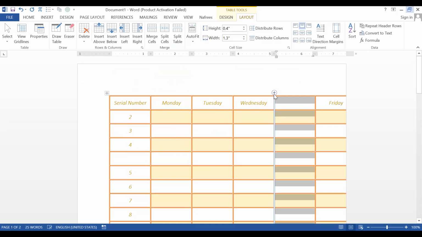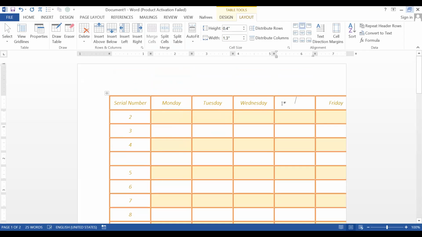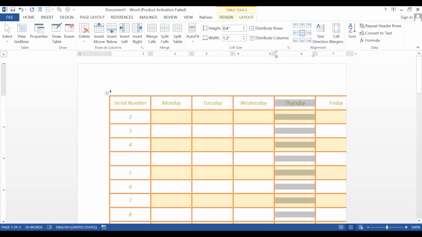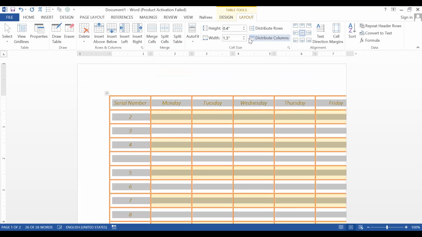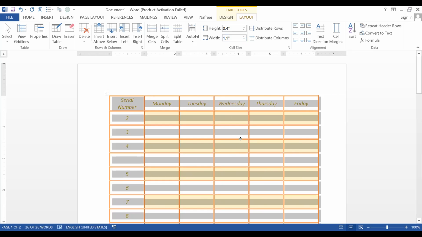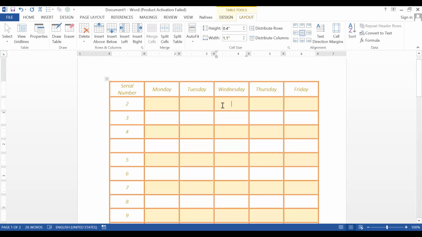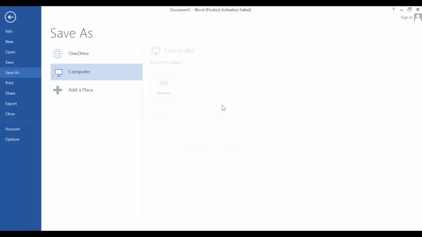Look at here. Now you can type Thursday. Okay, so you can change it here. The direction can be done. Okay, so this is how we have to use the option adding an extra row or adding an extra column.